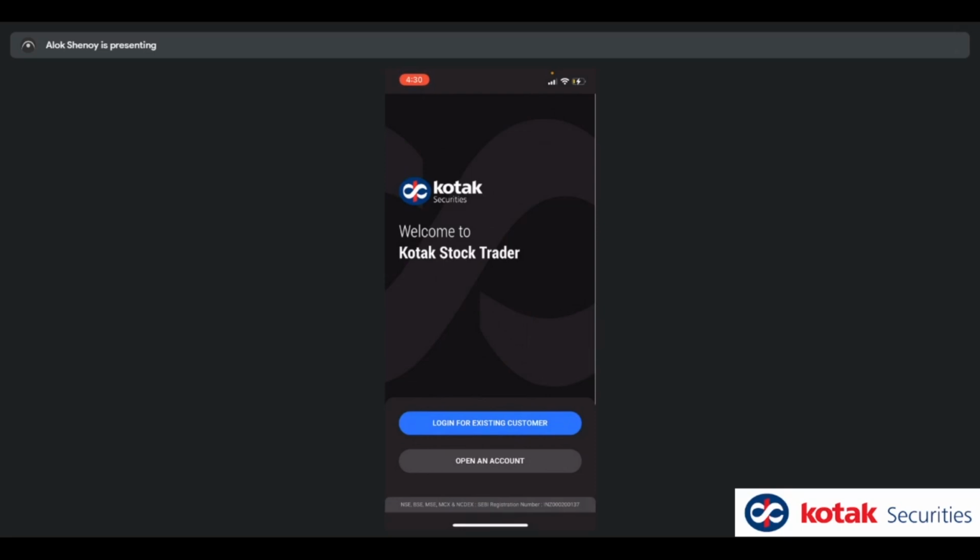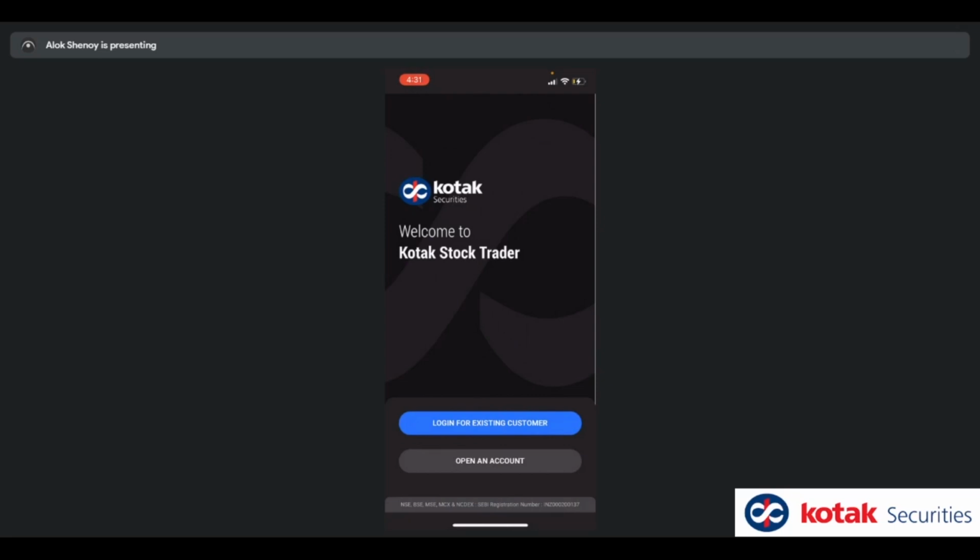It's going to be a short session where we want to demo the way the new Kotak Stock Trader app looks and works. You might have used our old Kotak Stock Trader in the past. You will find this to be an enriched experience in comparison. The idea is to take your questions towards the end, if that's fine. Initially, what I'll try and do, if possible, is show you a demonstration of the entire application. I'll give you a walkthrough.